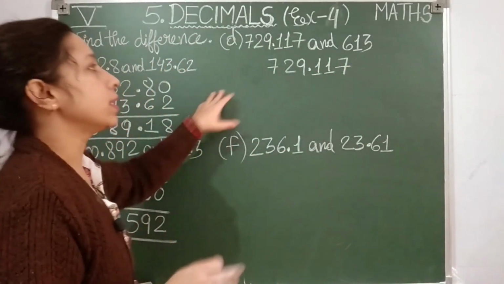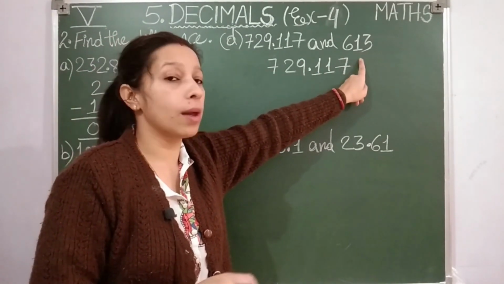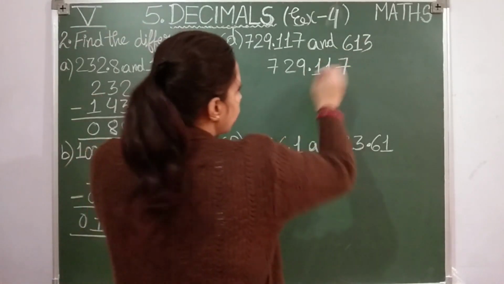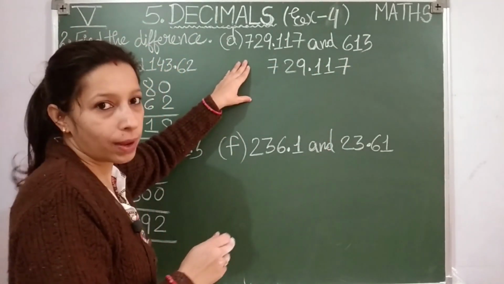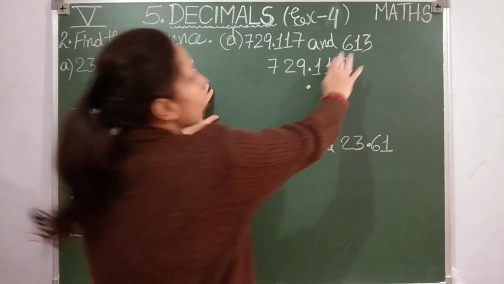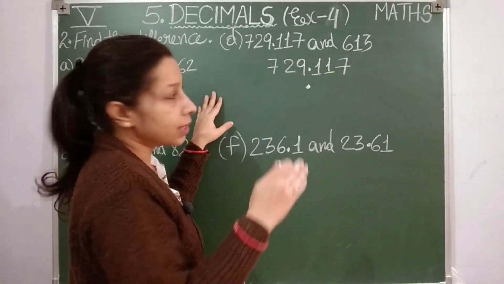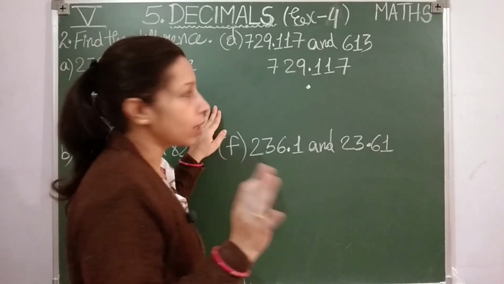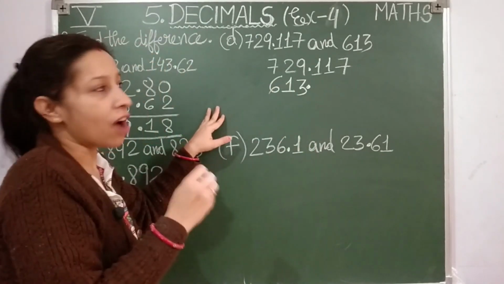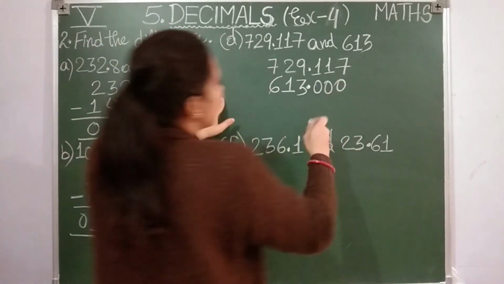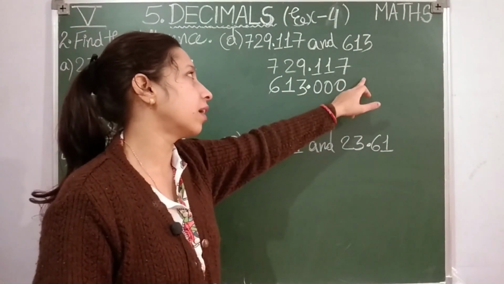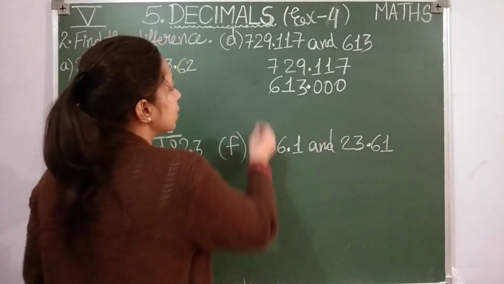729.117. Then now see, the next number is 613. It is a whole number and not a decimal number. So if it is a whole number, means no point here, no problem. What you will do, students, but anyhow you are working with decimal number, na? So put point below point, whether it is given or not, you do like this only. Now 613, is this 613 a decimal part? No, students. So write it in the place of whole number part. Okay, now after point, as we have to make them like decimals, so I have written 0, 0, 0. So 613.000 or 613 are same only, students. Okay, so like this you can do.